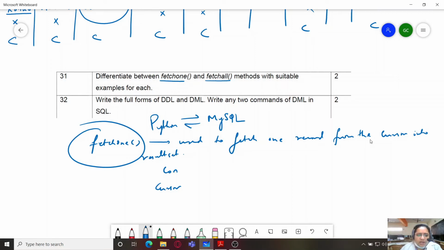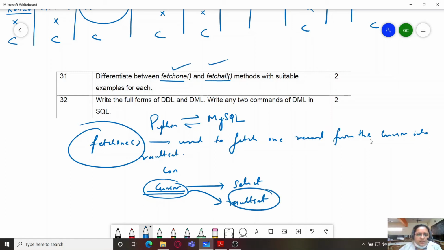So whenever we are running a select query, some records are always extracted into the cursor. Now from the cursor we need to extract these into the result set. For this purpose we use fetch one and fetch all methods. Fetch one will fetch only one record out of the cursor into the result set in the form of a tuple.